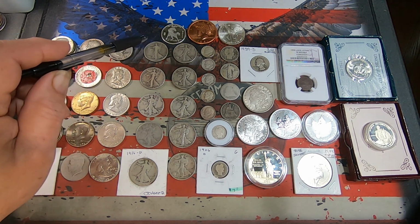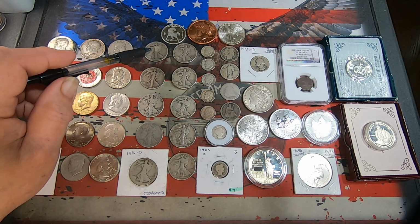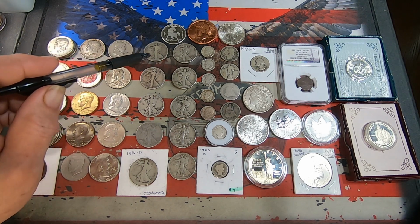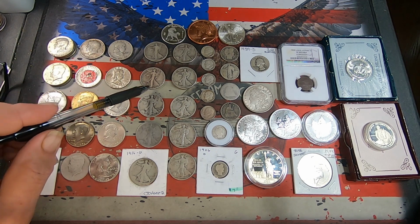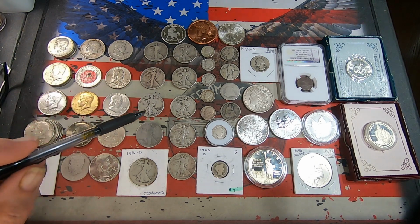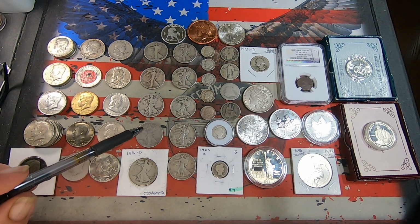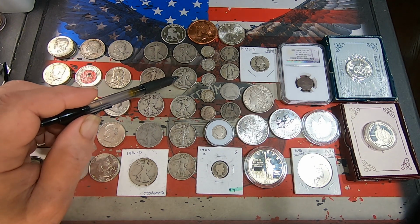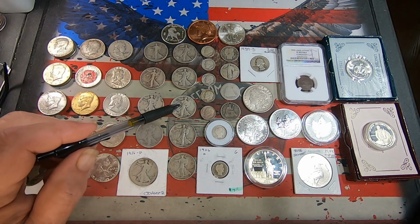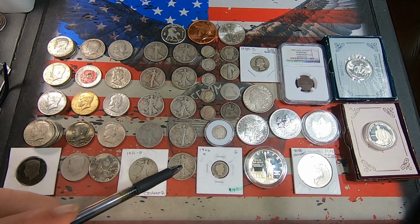Walkers. And I know this was from a hunt found in a roll. That's a 1918 Philly. Really old date there. 34 Philly, a 40 Philly, a 41 Philly, 43 Philly, 2 43 Denvers, a 44 Philly, a 45 Philly, a 47 Philly,